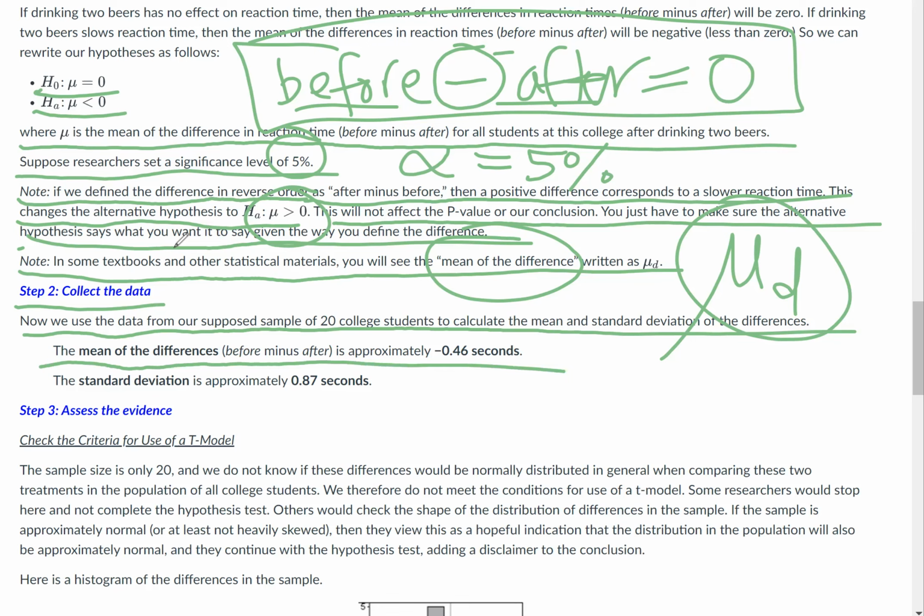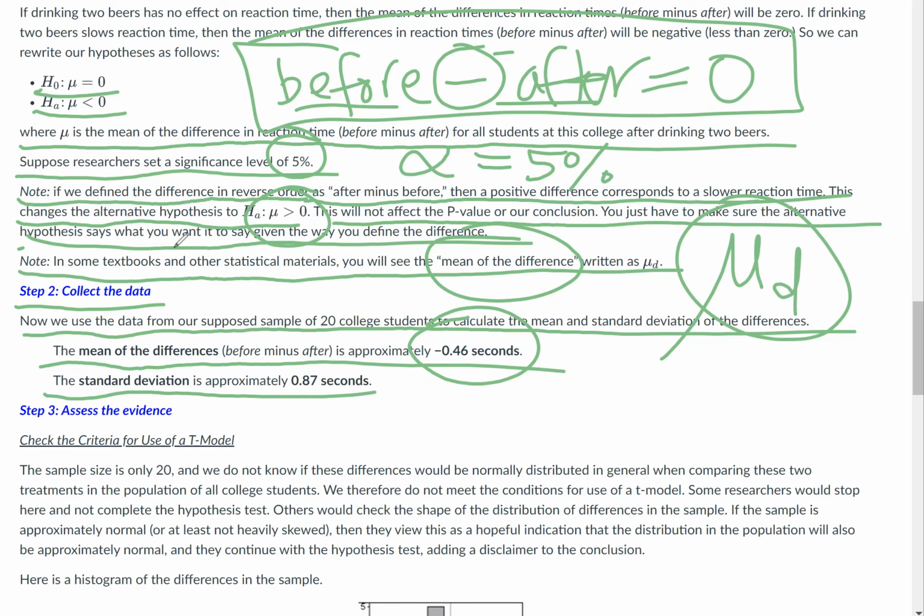So the mean of the differences, before minus after, if I take all the values in that very rightmost column of that table above, you get negative 0.486 seconds. And that's just, you add them all together, all 20 of those values in the rightmost column, and you divide by 20, the number of values. That's what you get. The standard deviation, which is a more complicated formula, and we're not worried about it in this class, that's for a different, further off statistics class, if you ever have to take it, is approximately 0.87